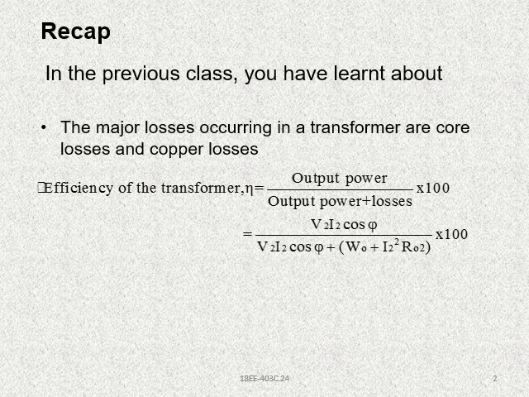And we have seen the efficiency of a transformer. The efficiency is output power by output power plus losses. If we require the percentage efficiency, that is multiplied with 100,